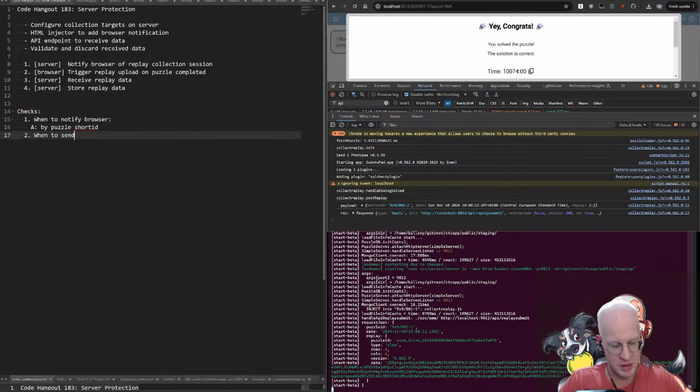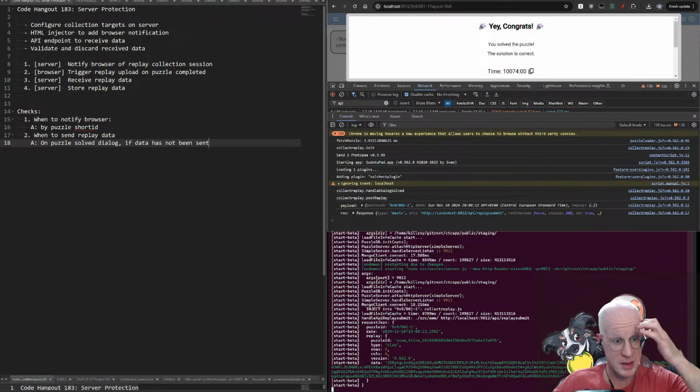Check 2: when to send replay data. The answer is on the puzzle solve dialog, if data has not been sent. And 3 is basically when to